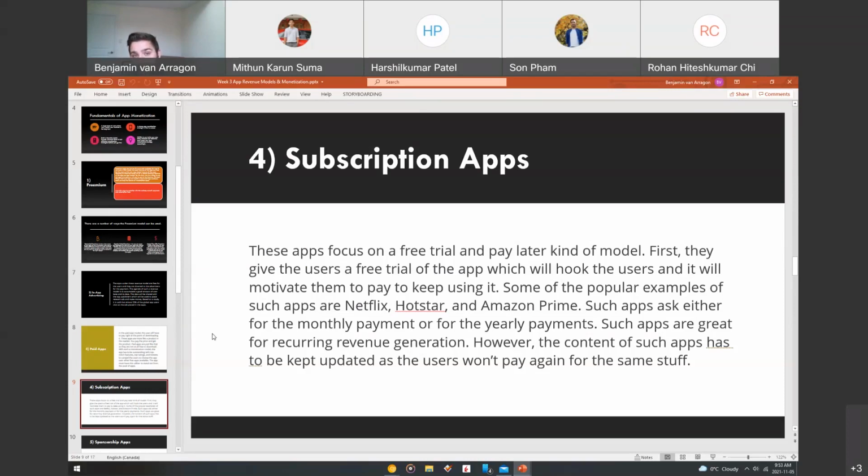But usually it's a little bit less than if you were to pay each month on top of each month. Such apps are great for recurring revenue generation. But since the content of the apps is going to be used on a monthly basis, you want to keep it always up to date. That's why you're always seeing new stuff on Netflix and Prime because they want to keep